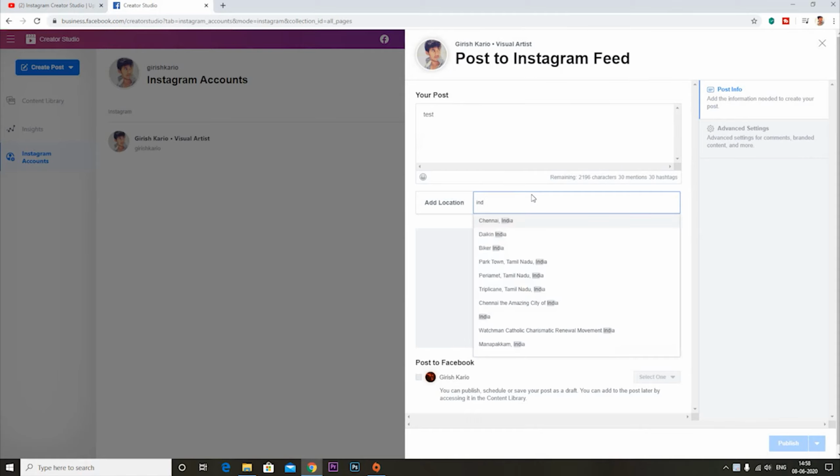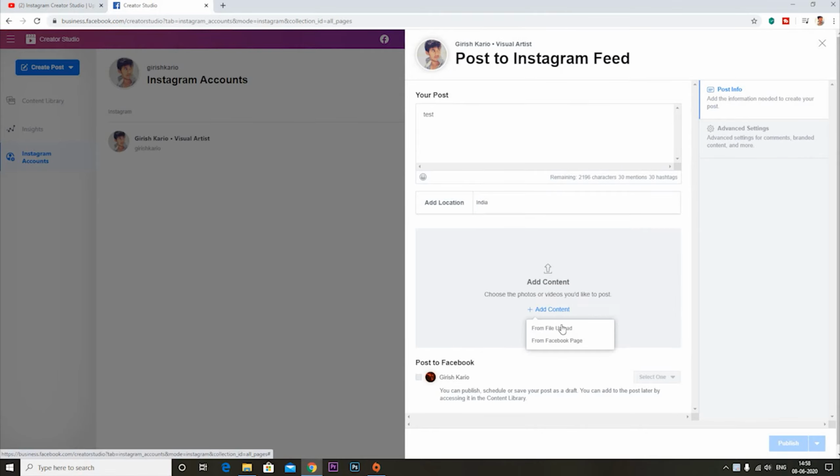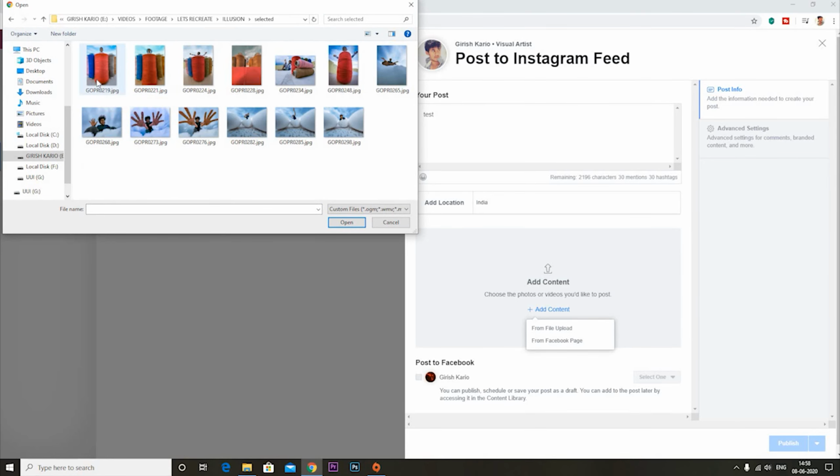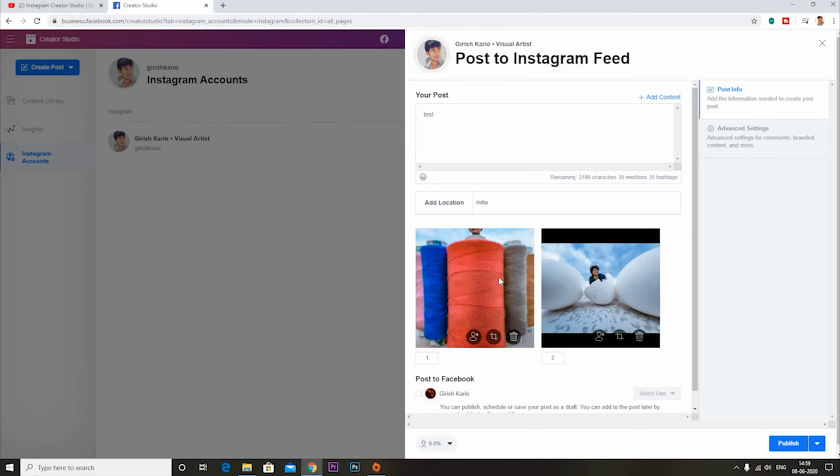So when you click on the Add Content post, a pop-up box will raise to select the images. You can just select both horizontal and vertical images now. So after selecting, the images will be available on the screen. So if you click open, both the images are now available.